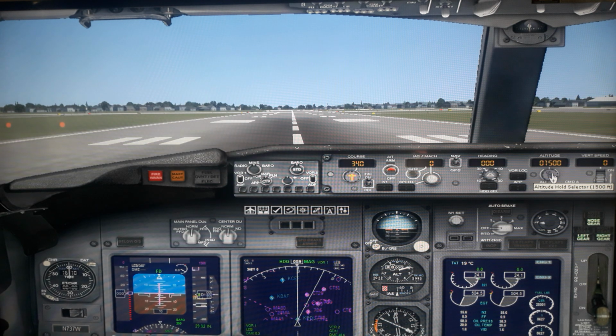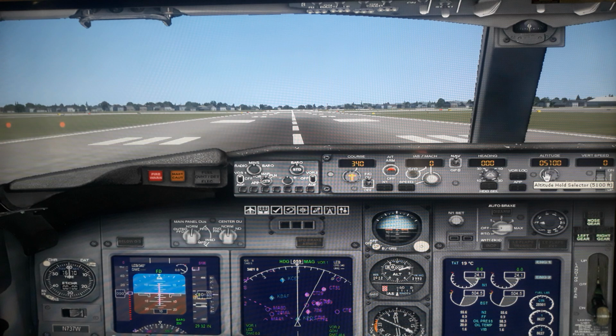I found the distance by road is around 110 miles, so this is about 80 or 90 nautical miles. So the flight may take about 20 or 30 minutes. So let us get going. I put the altitude at 4,000 for our flight.